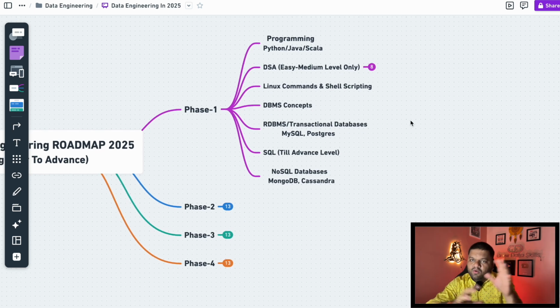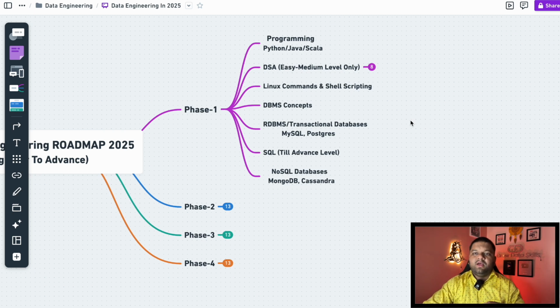Since we are talking about all levels of companies, most of the time people ignore data structures and algorithms because they feel it is not needed for the data engineering role. So based on my experience of cracking Google, Uber, Atlassian type of companies, they do focus on DSA as well. But the good thing is, it's easy to medium level.